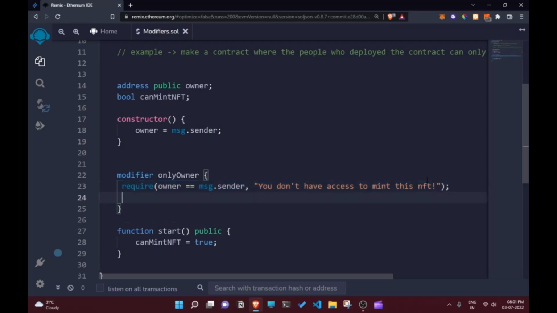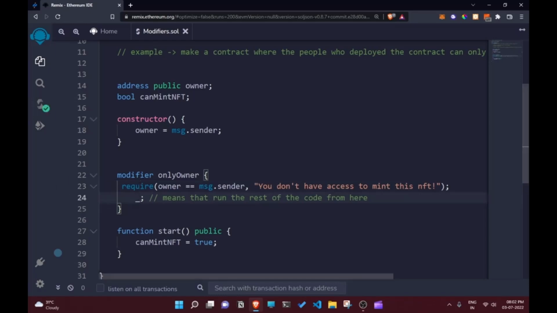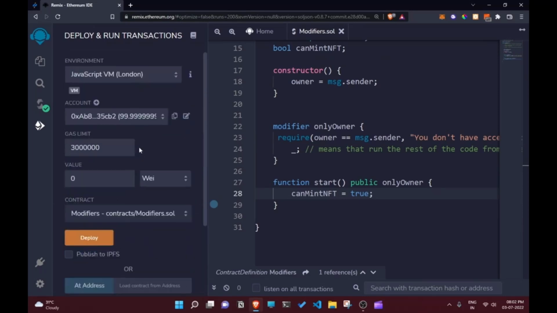Once we do that, we also need to add this thing. We can add this at the top, and by adding this statement, this gives the access to the person so they can run the code afterward. Let's say we have this, and now it's compiled successfully. Now we can give it a modifier. If I copy this right over here and paste it, now this behaves the same way. If I compile the contract and again deploy